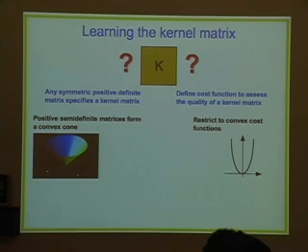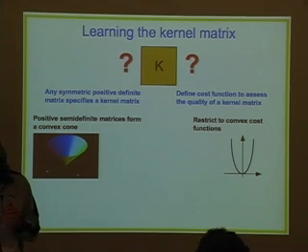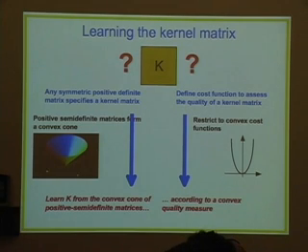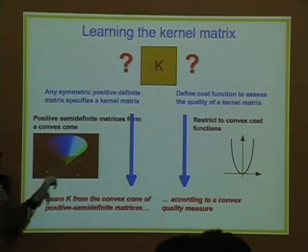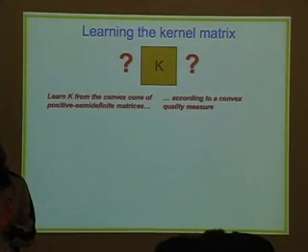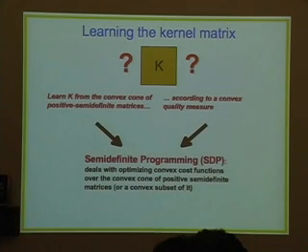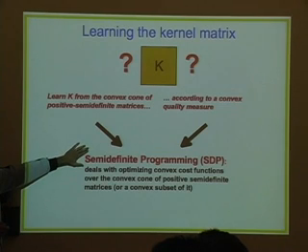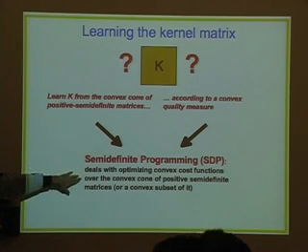Now, if we can design our cost function in such a way that we restrict ourselves to convex cost functions, then we have two very important ingredients here for our higher level philosophy, which is we first of all want to learn the optimal candidate from a set which is a convex cone, the one of positive semi-definite matrices. And second of all, we want to do it according to a convex quality measure, which is exactly the two ingredients we need for a technique known in optimization, convex optimization, as semi-definite programming. It's basically an optimization technique that deals with optimizing convex cost functions over the convex cone of positive semi-definite matrices.